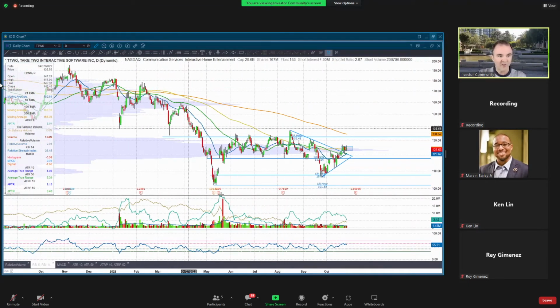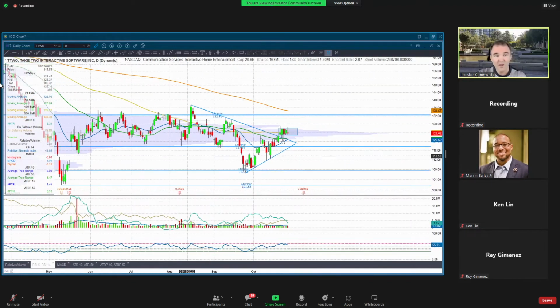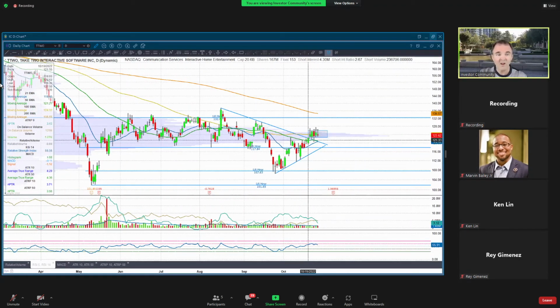It put this low in May, came up, consolidated, came down, and it's put a higher low in. We want to see some higher highs. In the very short term, we are seeing higher highs and higher lows. On the intermediate term, we want to see a higher high, and that means getting above that high. But you can see this pennant here that we've broken out of. Now, we didn't break out of that with strength, but we are now consolidating here.